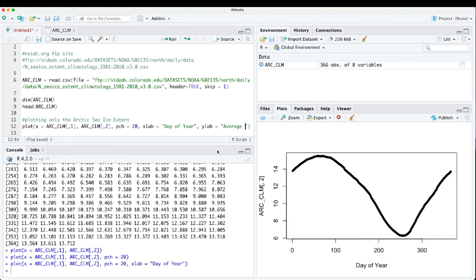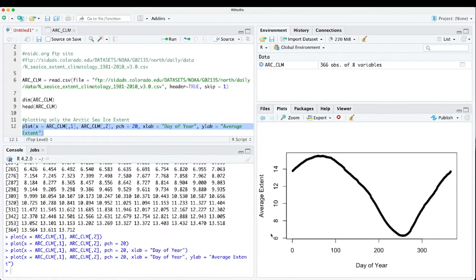This is average extent of sea ice. So let's go ahead and run that. Now we have average extent, and then the last thing we can do that can be helpful is actually put a title on this. Let's go ahead and do main. This is the argument for the main title. This is sea ice extent in millions of kilometers squared. Okay, that's the unit. So let's go ahead and run this entire thing now, and you'll see that we've made